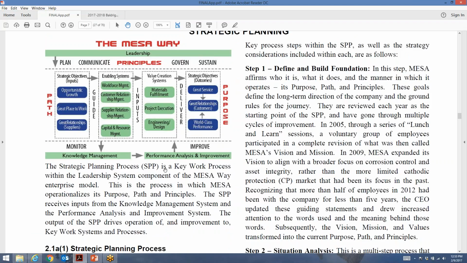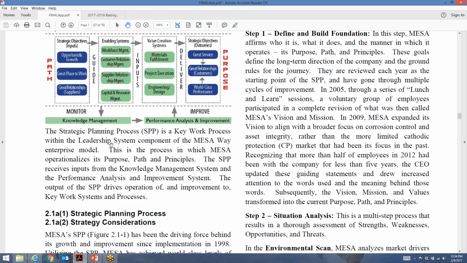Okay, so in my picture, talking about workforce management, go back to that Mesa Way picture that I told you about. Remember, see how that fits in the enabling systems? See how that gets input from here, feeds this, goes into here, okay? That's how that works. So I'm showing you in a picture. All those big ones that I said you need to have a picture of, they're kind of fitting in here, right? Here's my workforce, customer relationship, maybe I got supply chain, and so forth. Those are fitting in my overall picture of my organization.